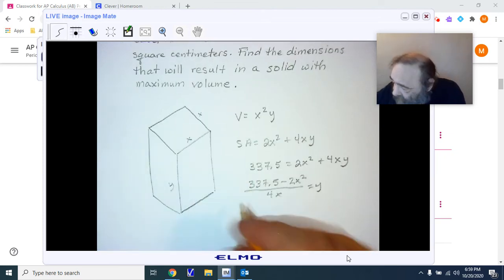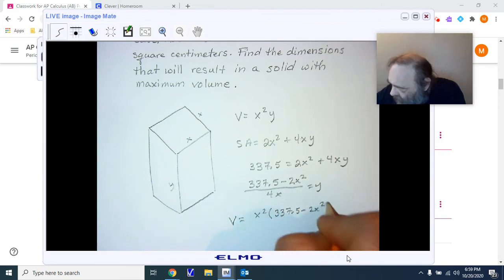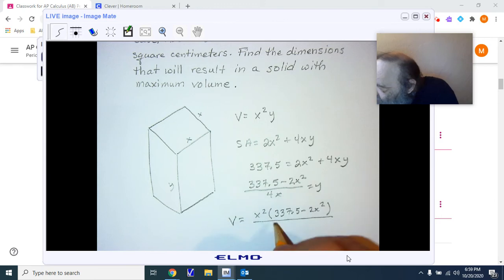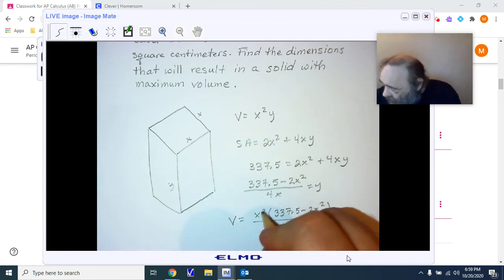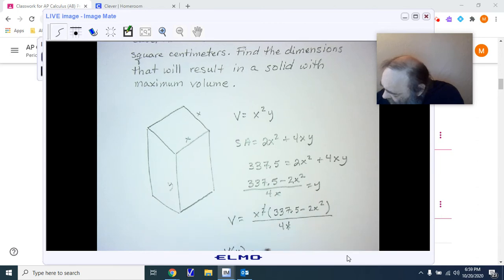Now I'm going to put it back in so that I have my volume. My volume is x squared, 337.5 minus 2x squared, and I'm dividing by my 4x. Make sure I get that in. Now you notice the x's are going to reduce here so that my volume in terms of x, and I can now distribute it, is